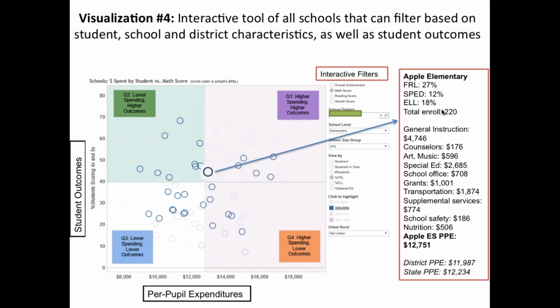All right, so let's take a look at some of these. How much does my school spend per pupil? Is it more or less than other schools in my district? You put the filter on your district, and you can see what everybody spends in the aggregate. Is it more or less than schools with similar student demographics? This one, yes, because we have the demographics there on the other scale.